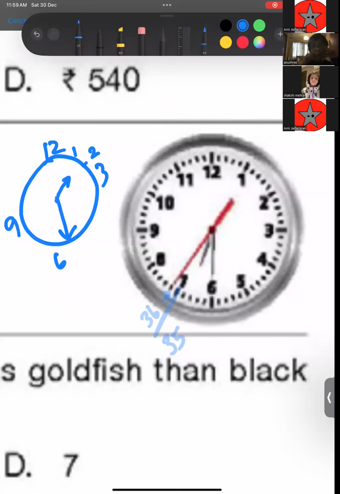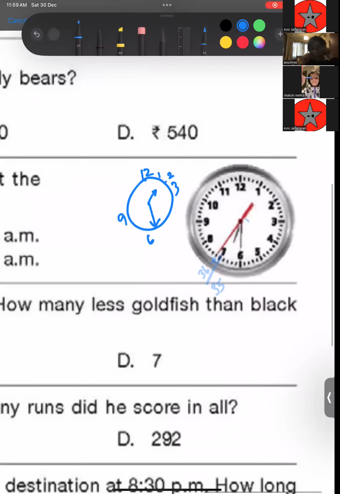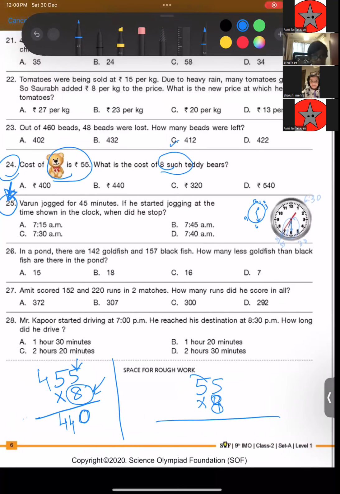Okay? Yes, ma'am. So here, if we actually see why it is 6:30, the minute hand is on 6, so 30, and the hour hand has to be between 6 and 7, which it is exactly. So the time is 6:30. Okay? Now he jogged for 45 minutes. Ma'am, he stopped at 2:30. No, beta. Hazel, you are still at the same problem. It is not 2:30. It is not 1:35. The time is 6:30. Hazel, you're focusing on the seconds hand.